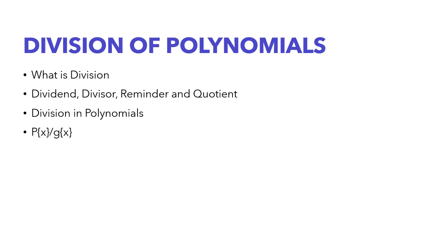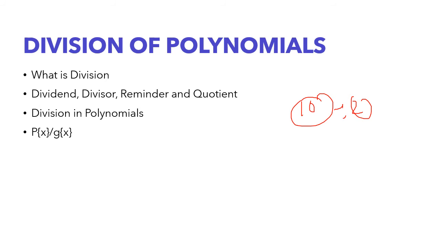The next topic that we are going to discuss is about division of polynomials. Before going to division of polynomials, let's first try to understand what division is in general. When we try to divide, for example, let's say 10 divided by 2, what do we do there? We are dividing 10 chocolates among 2 people, or whatsoever you are having in 10 numbers, you are dividing it with 2 people. It can be chocolate, it can be apple, it can be literally anything. So 10 divided by 2 means you are dividing 10 among 2 people.